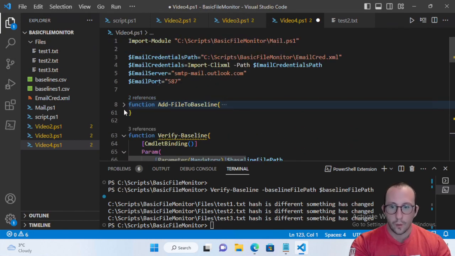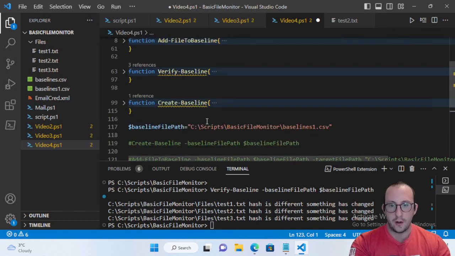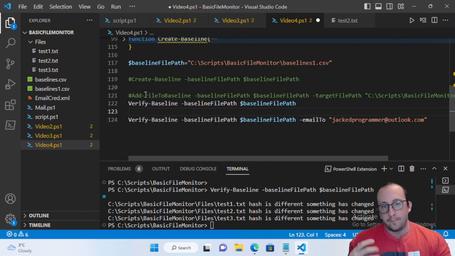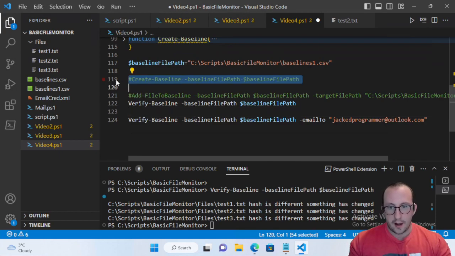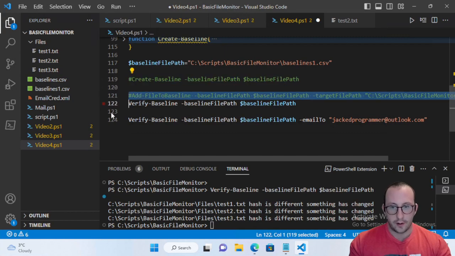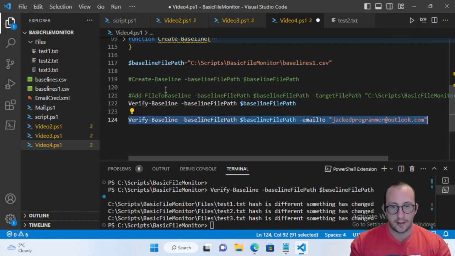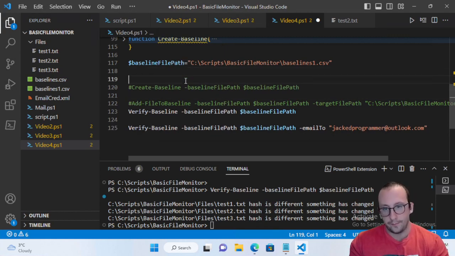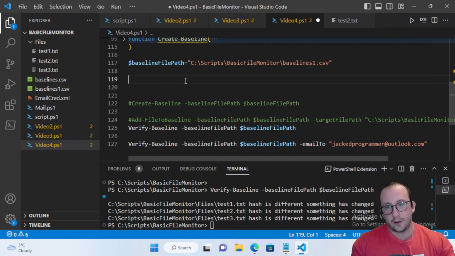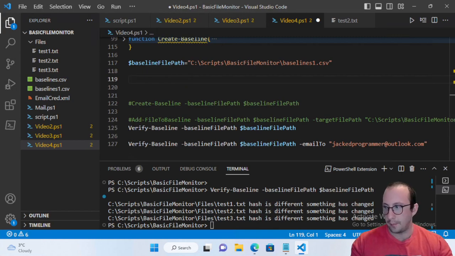Now, the only thing that we want to add now is a little menu, which will let us better use this script, because right now we have to constantly use these different commandlets to be able to do something and then constantly execute the script. So what we can actually do here is create a little CLI or console application. So what we're going to want to do here is start off with almost an infinite loop, but the loop will actually exit based on some keystroke that